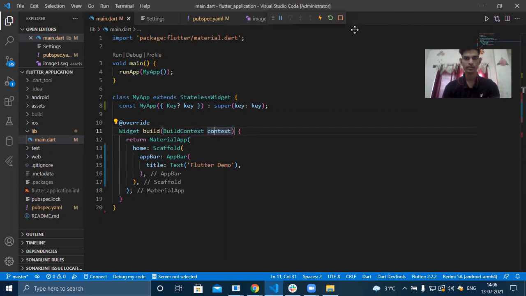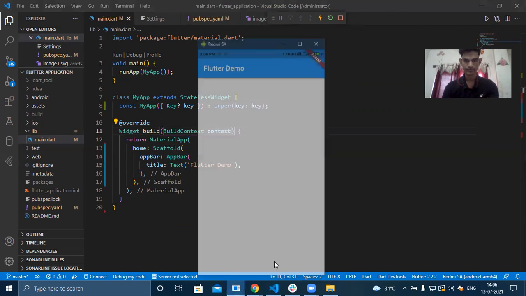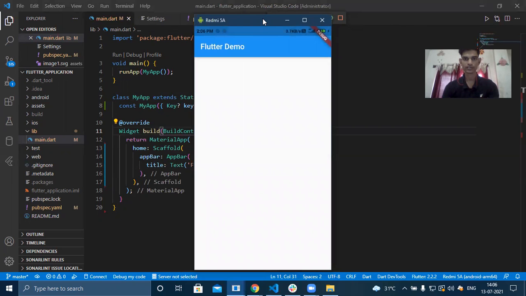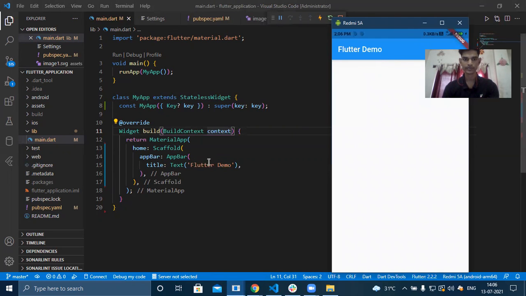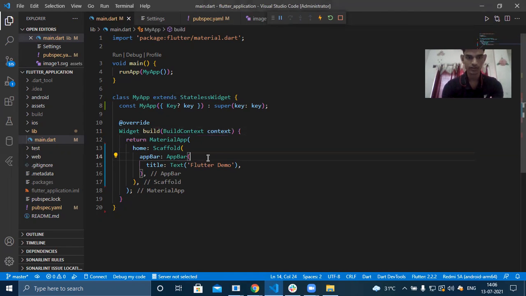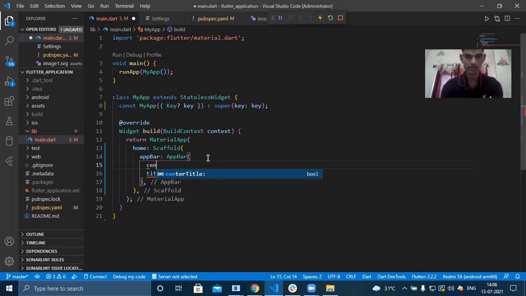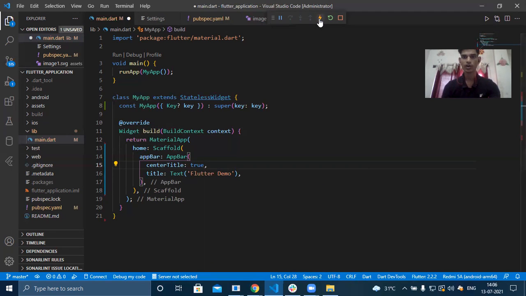So you can see after it's running. Okay, one minute. Yeah, so this is my device and it is looking like this after running. So this is currently showing here, and you can show it in the middle also, like inside the app bar there is an attribute called center title, and you have to set it as true. So here is a hot reload option.